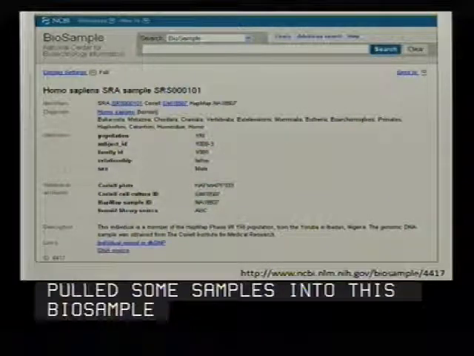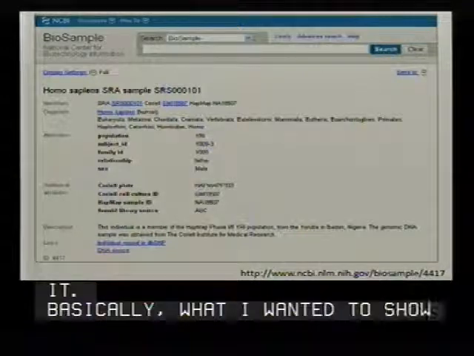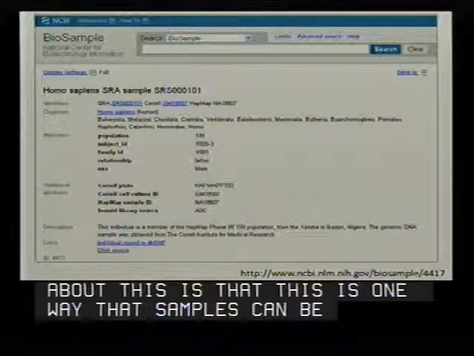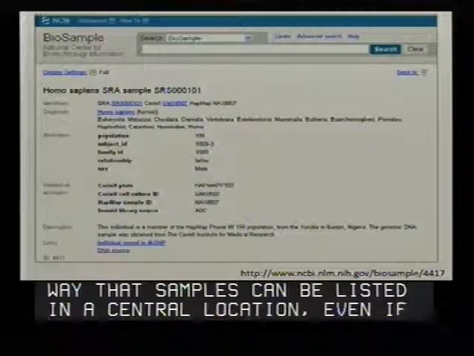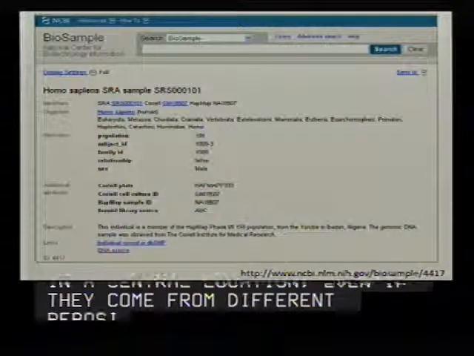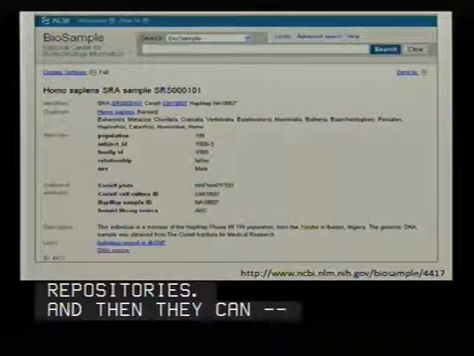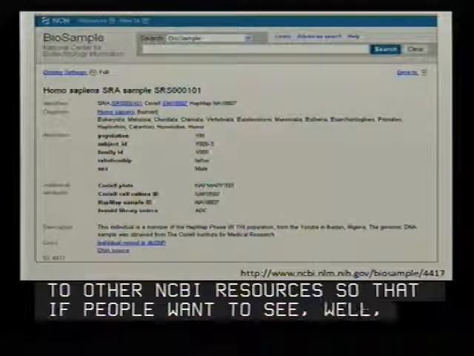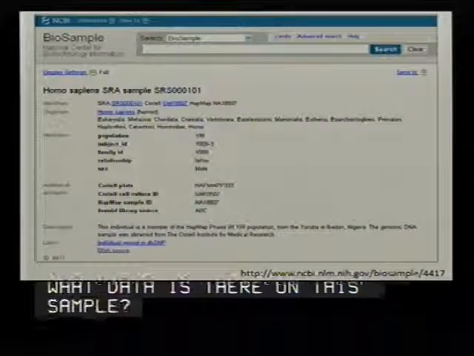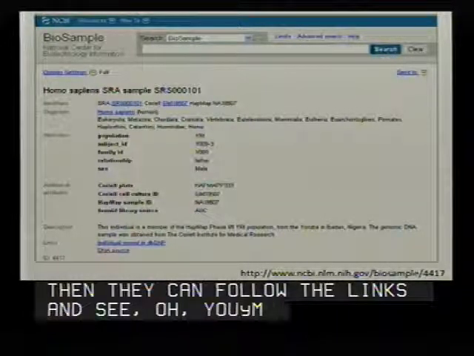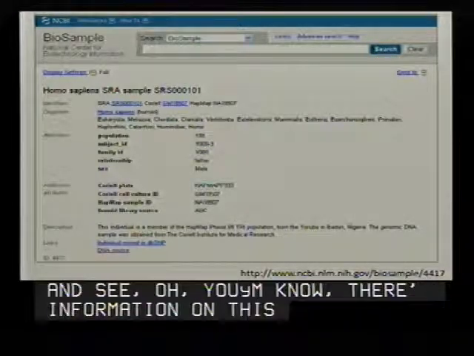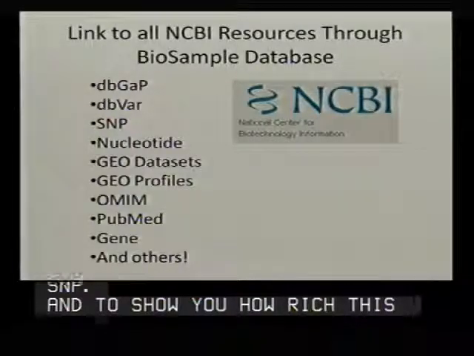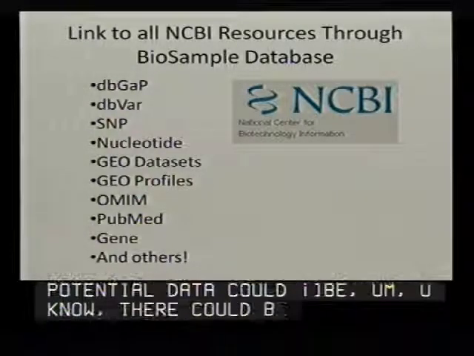But basically what I wanted to show about this is that this is one way that samples can be listed in a central location, even if they come from different repositories. And then they link to other NCBI resources, so that if people want to see what data is there on this sample, they can follow the links and see, oh, there's information on this sample in dbSNP. And to show you how rich this potential data could be, there could be data in any of these NCBI resources,